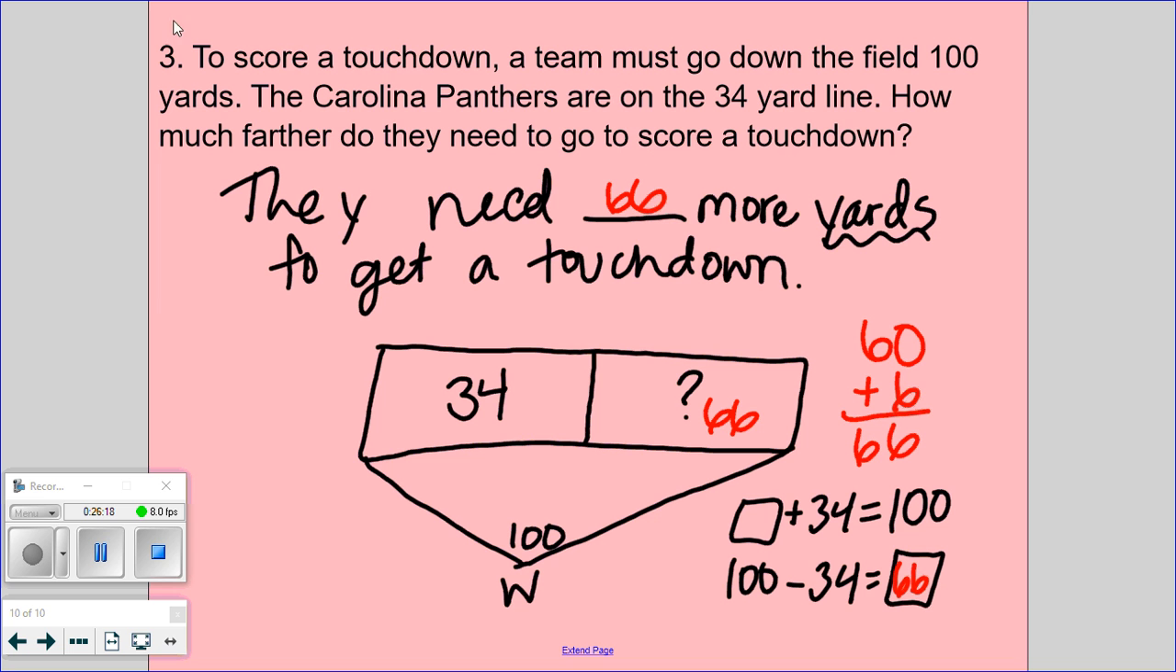Alright, so on our benchmark tomorrow and on every single word problem, I should see answer sentence, bar model, equation, math every single time. Does that make sense? Yes. Ashlyn, what's